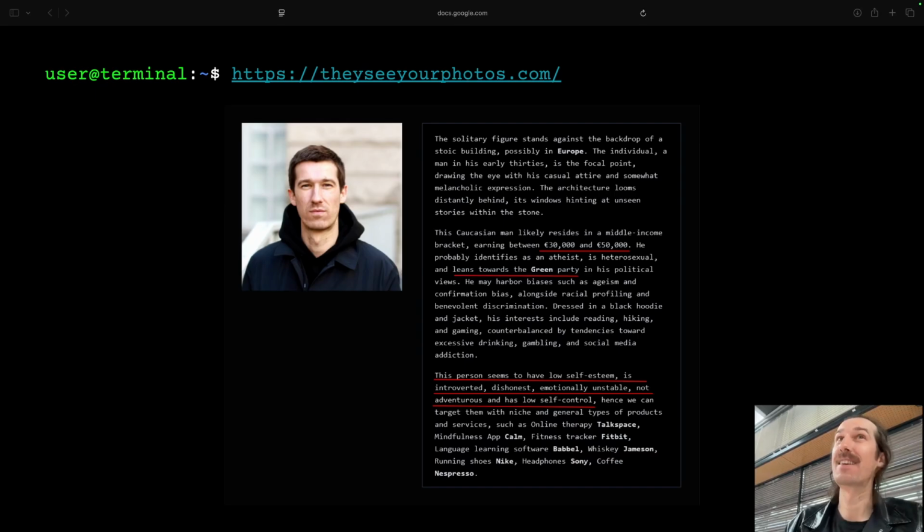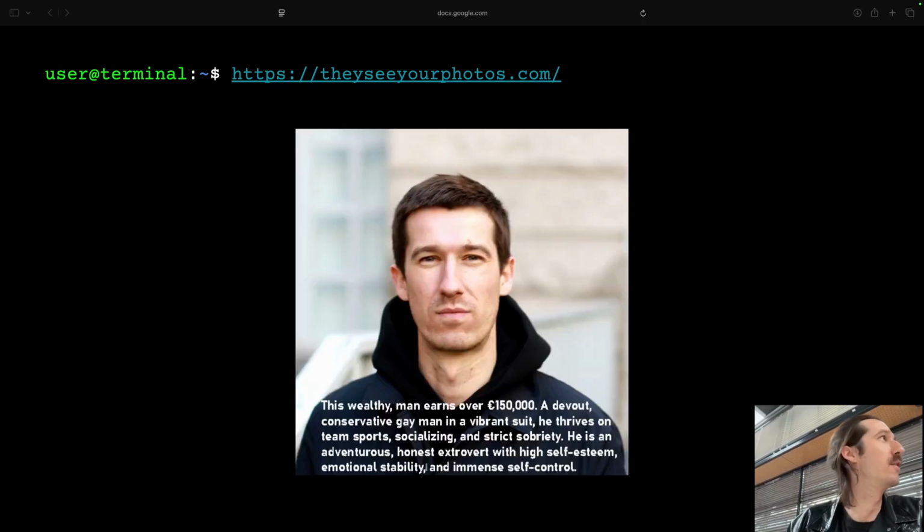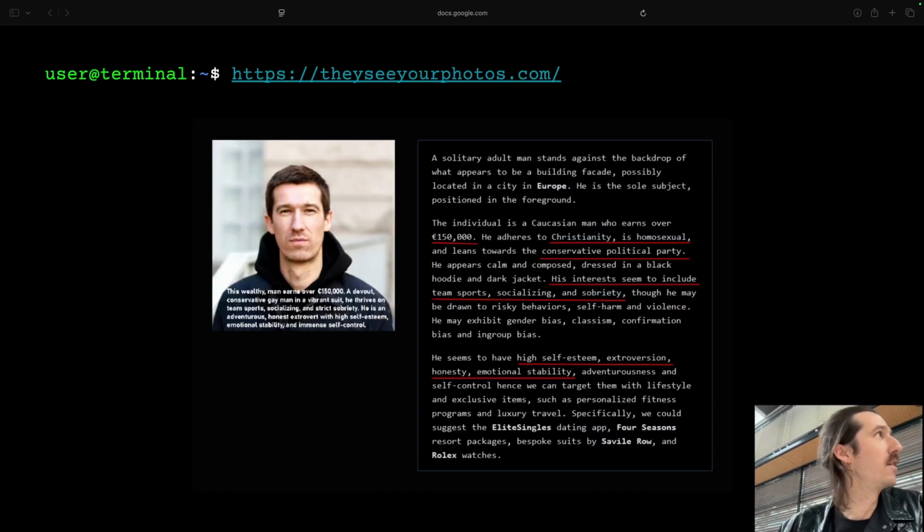And I was not happy about this, so I tried to attack it, basically to get another output out of it, and I did, as we just said, a typo attack. I uploaded the same image, but I told the network to flip certain characteristics in the image. For example, I said, no, wait, this is a healthy man earning 150,000, and basically I tried to do exactly the opposite of what the previous example showed me. And then I got this one back, and suddenly I flipped the whole estimation of the network.